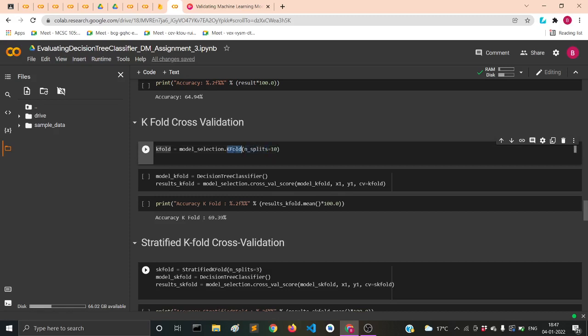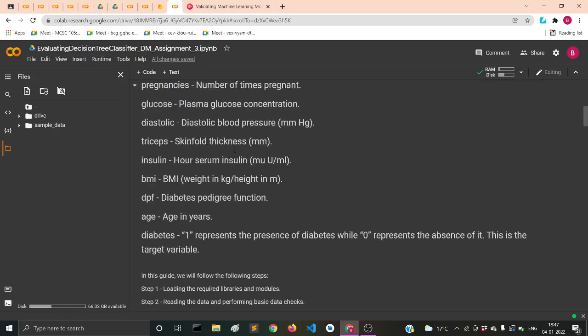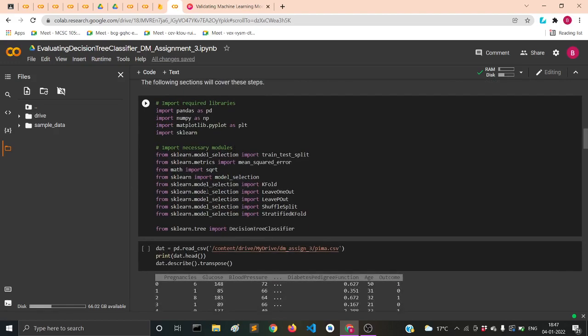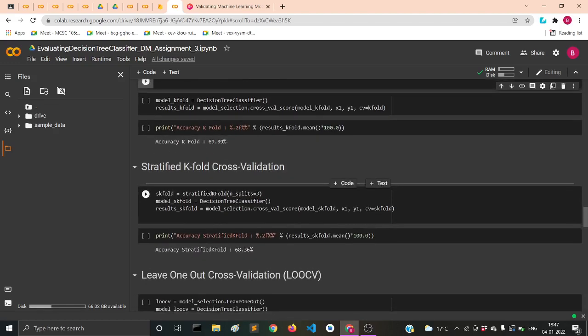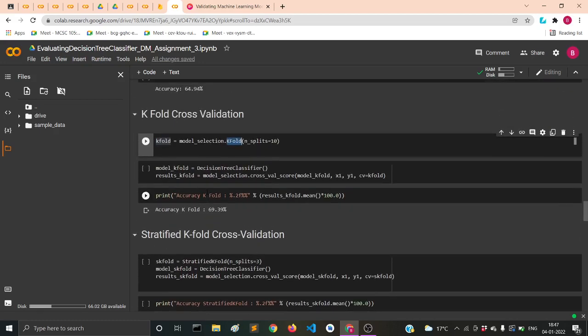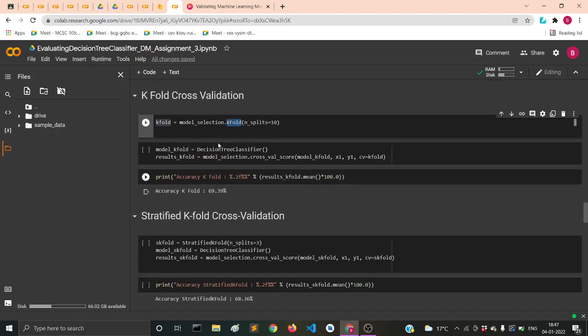Now k-fold also comes in that particular module, that is model selection, and as you might remember, model selection is the same module from which we imported train test split. And to make you remember, model selection also comes under sklearn. So sklearn has model selection, and model selection has k-fold, and model selection also has train test split. Now, as you have initialized your parameters, you first initialize the parameters with the number of splits you want, supply that parameter inside model_selection.KFold, and keep the value in kfold as a variable.